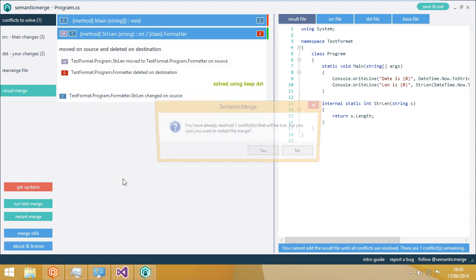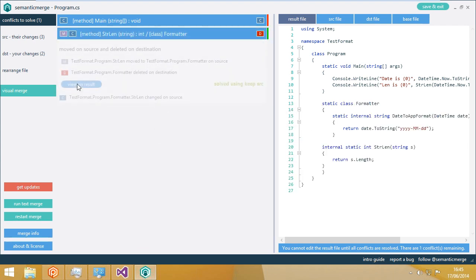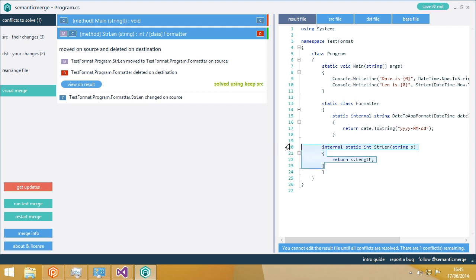I can, of course, restart the merge. I can keep the source. If I keep the source, the formatter method will show up again. Here we have a small glitch with the indentation, which we have to take care of because it's not correctly indented. That's another story. The method is there. So that's the way it works. It basically detects the situation. So it's very useful if you, for instance,